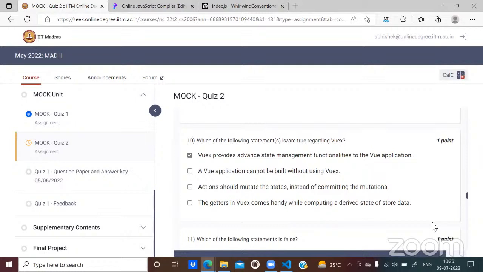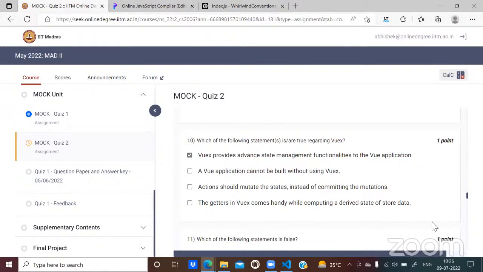So according to you, what qualifies to be an advanced state management library? No, if you just open the Vue documentation, can you? No, I'm just asking you in general. Means according to you, what would qualify? I don't know, it is the developer themselves who has to say that, okay, this is a basic feature I am providing. In addition to this, there are some certain advanced features. Basic features are something that I have to use in order to use the functionality, in order to use the Vuex library. It is a bare minimum.